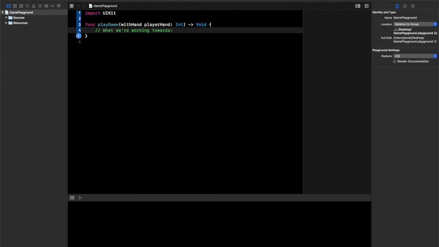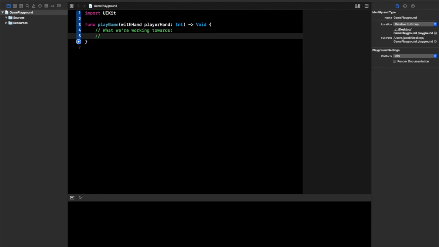Here's what we're working towards. I want to be able to take an array, and the first index is going to be my player hand. So we can just say player hand, and then the second index is going to be a computer hand. Okay? And for those of you who are brand new to programming, what you're seeing right here is